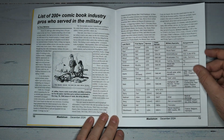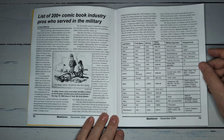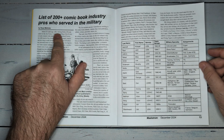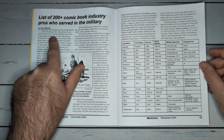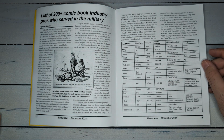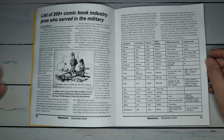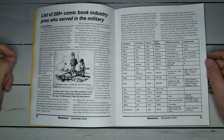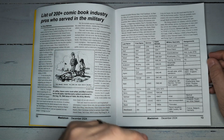Russ is an Air Force, I believe, I know he's a veteran. I'm not sure, I don't think he's still in the service. Yeah, it says about 25 years ago after retiring from a 20-year career in the Air Force. So Russ was in the Air Force, a good career serviceman. This is in his DNA. And so he did a really neat thing here, and he cataloged all the different